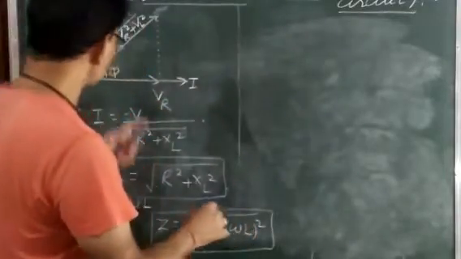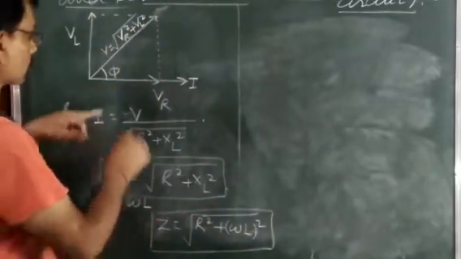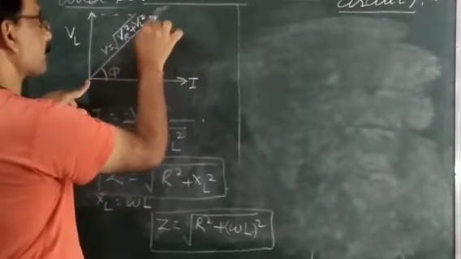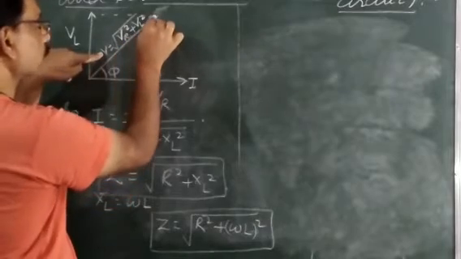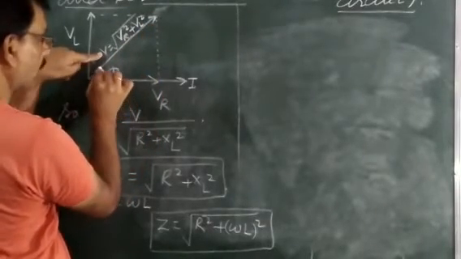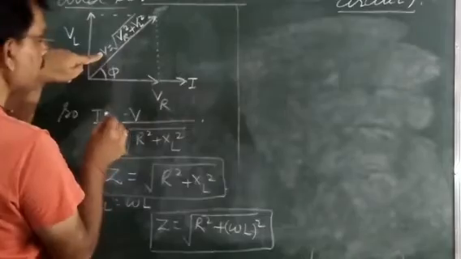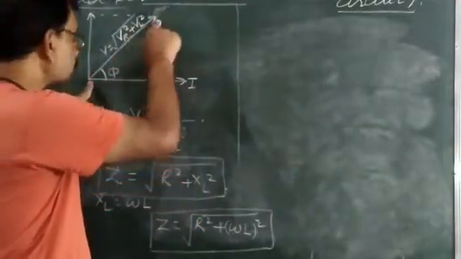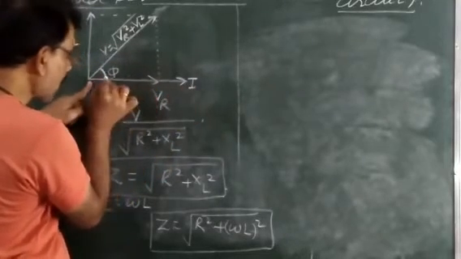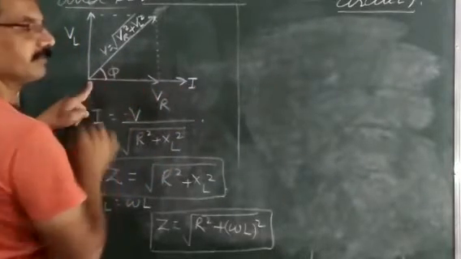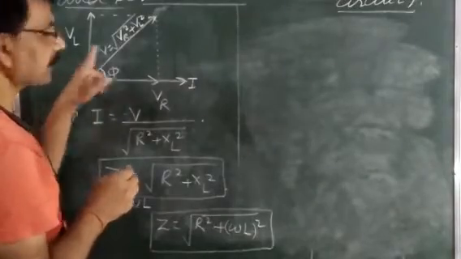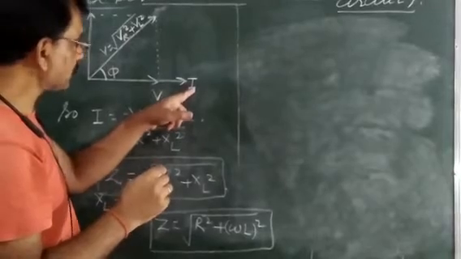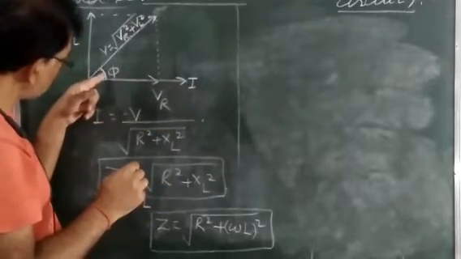Again, you see here from this phasor diagram, this one is phi, and this one is the applied voltage V. This applied voltage V makes an angle, suppose phi, with the current I. It means in an LR series circuit, the applied voltage V leads the current I by an angle phi. Suppose in the LR circuit, the applied voltage leads the current I by 5 degrees.